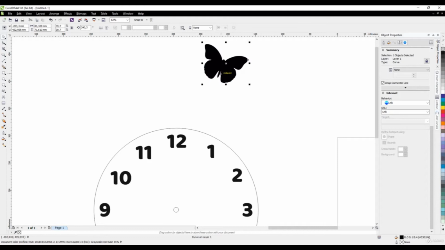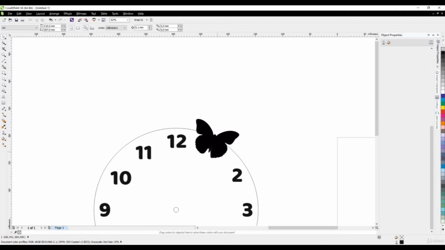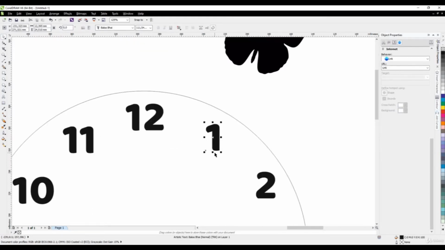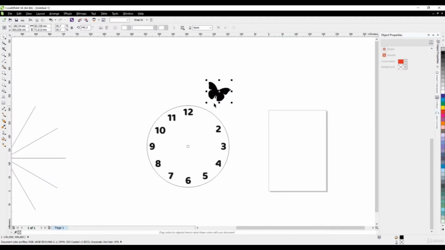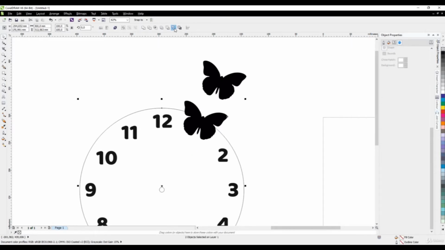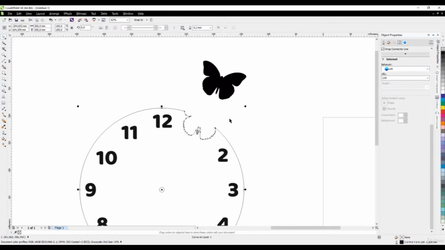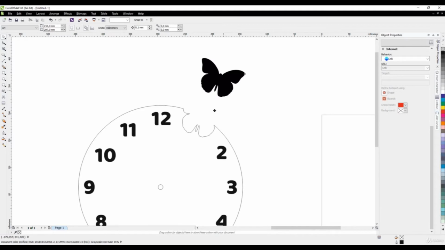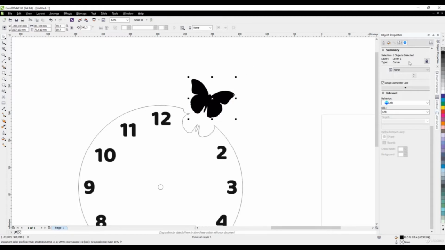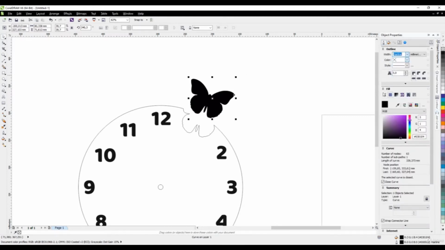and turned a little bit and taking this here, but I don't want this one number here, so I ungroup all, click this one and delete it, and I'm taking this here and copied it, and I take this and holding down shift, select this and click the back minus front. Yeah, my butterflies is ready, and I'm taking this and select the outline, hairline